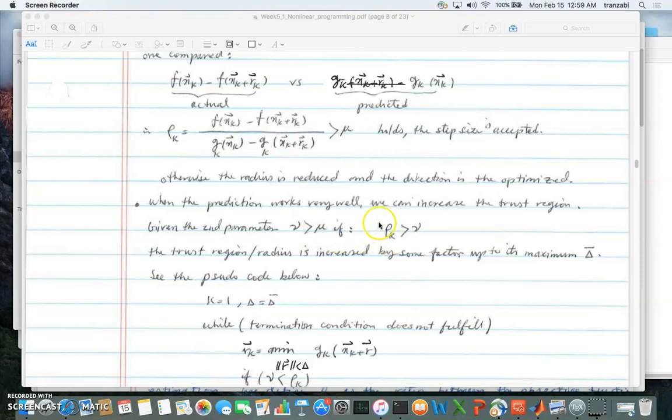And if this ratio is less than mu, we're going to lower the step size. So again, if the ratio rho k is bigger than nu, then we increase the step size, and if rho sub k is less than mu, we're going to lower the step size. Okay,